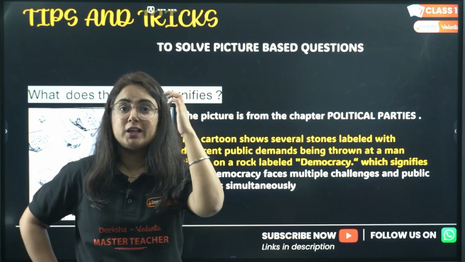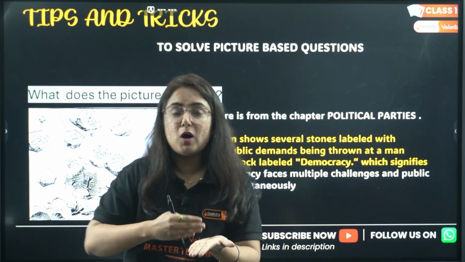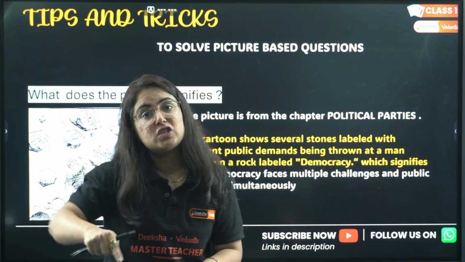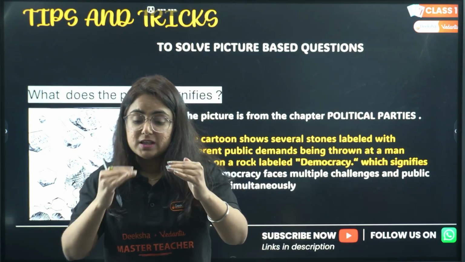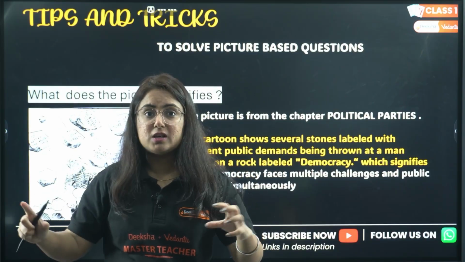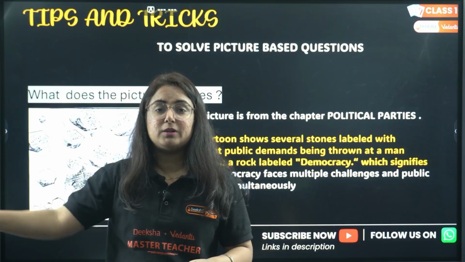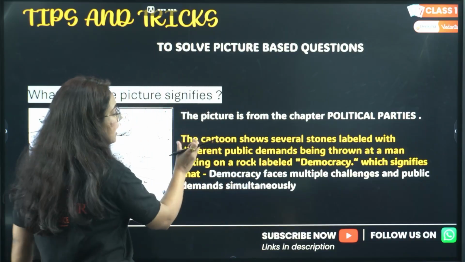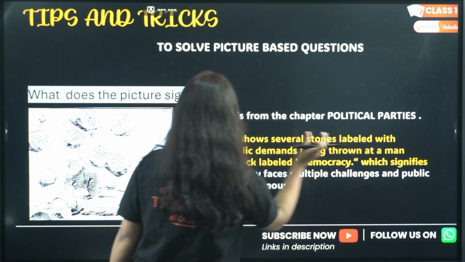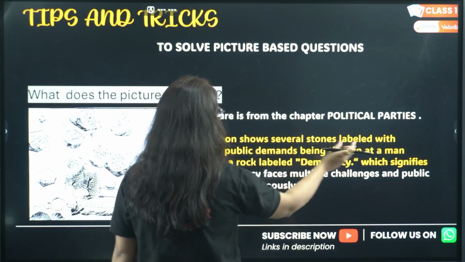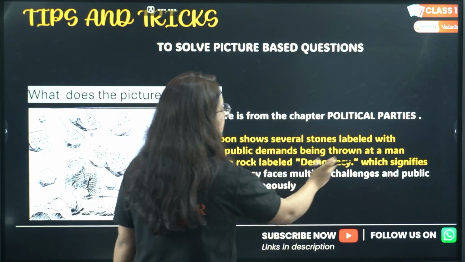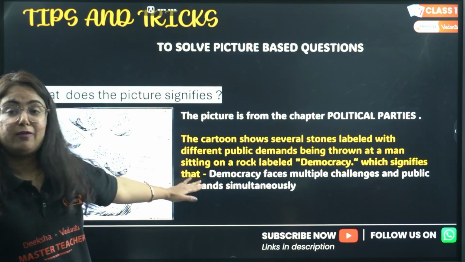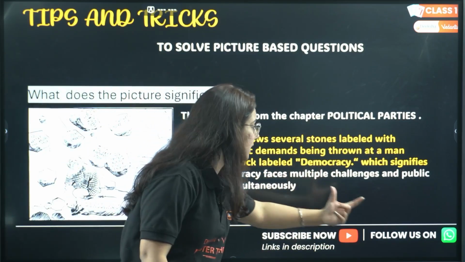I just got it in my mind that the more important thing is also that you should analyze which chapter this picture is from, because the options can vary across chapters, and if you know the picture is from this chapter, you can easily crack the code. Okay, so the cartoon shows several stones labeled with different public demands being thrown at a man sitting on a rock labeled democracy, which signifies that democracy faces multiple challenges